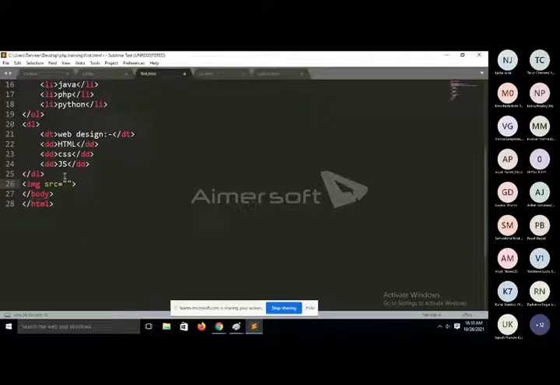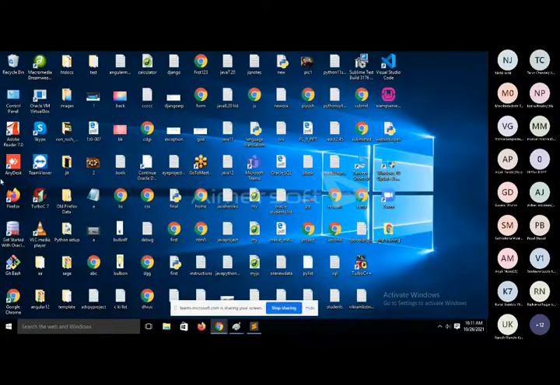The main attribute of the image tag is SRC. SRC stands for source. From where do you want to display your image? From your local system, local computer, local machine, or from any URL. So we will print some images from the local machine, or we will display some images from URL. First of all, we have stored our first.html page at the desktop, and at the desktop we have one image, that is 1.jpg.